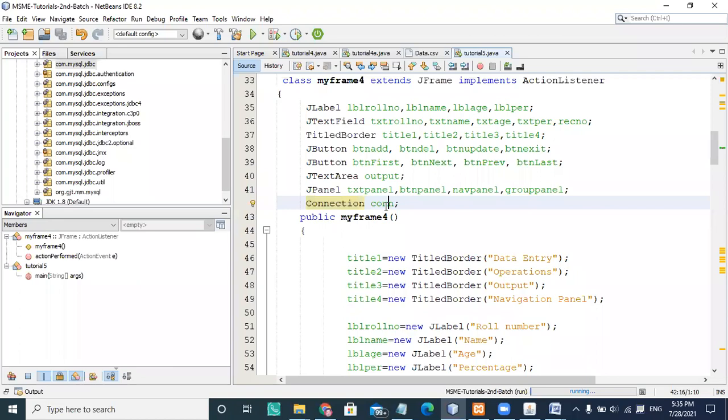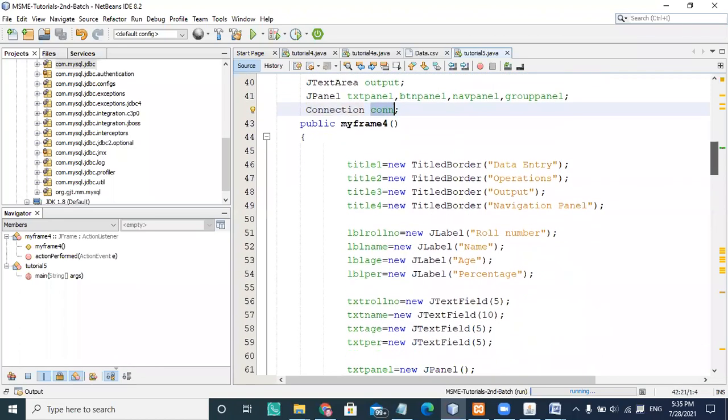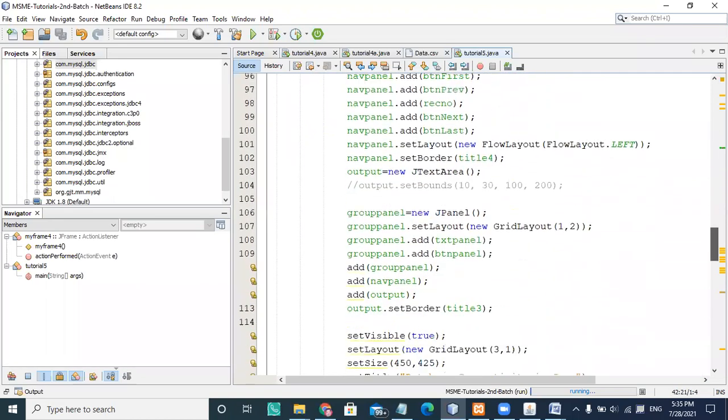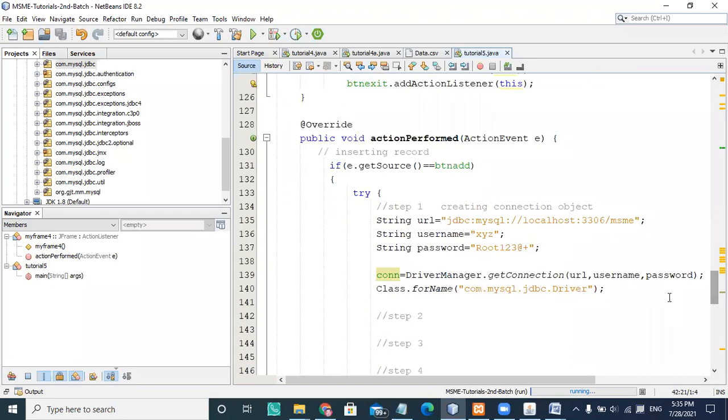So this is a connection object. I created it here, and then I load a driver here. There is a class whose name is Class here. It will create the runtime object of the name of that driver. So it's creating a reference of that MySQL driver.